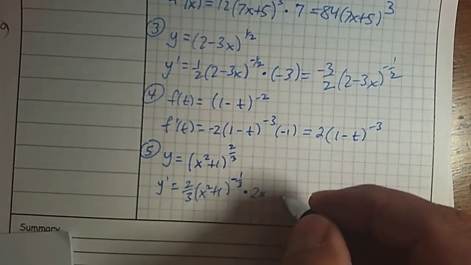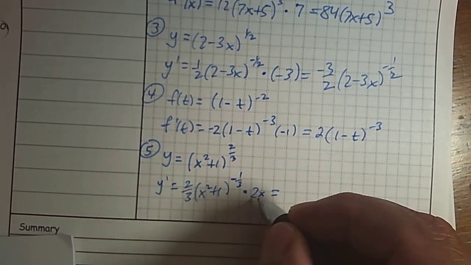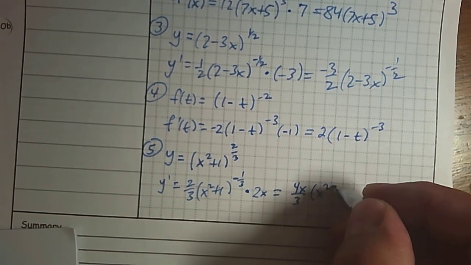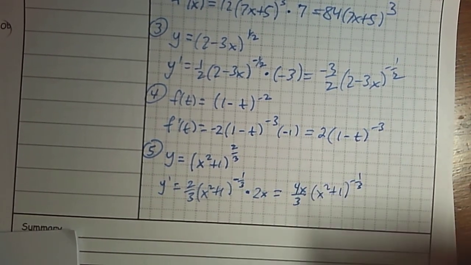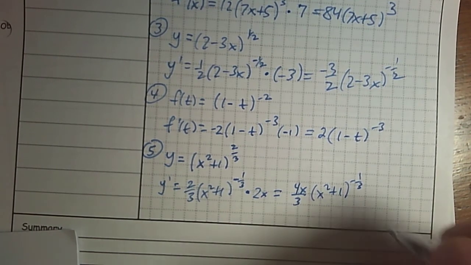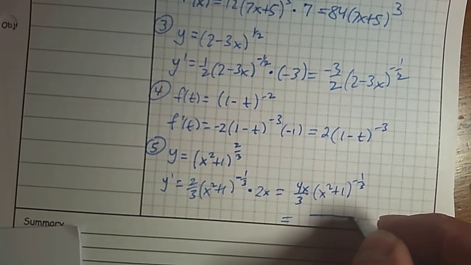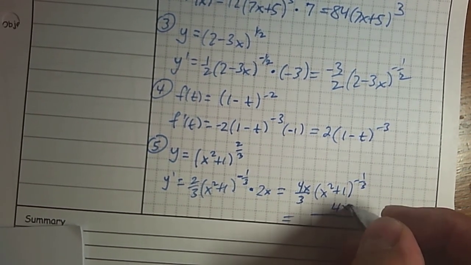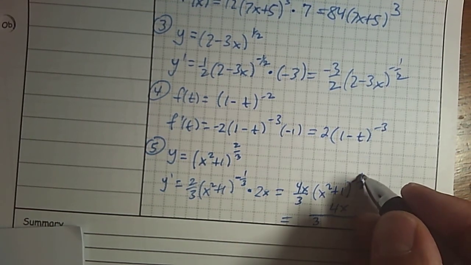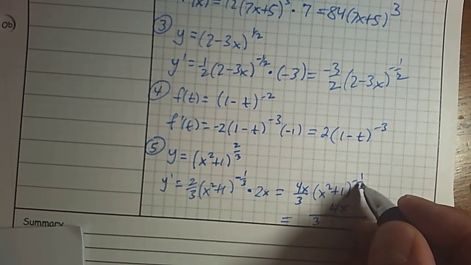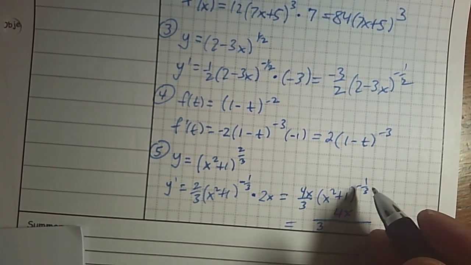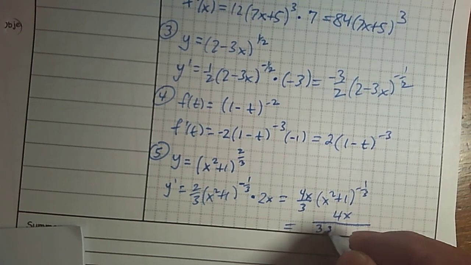Done. Now I could also write this as 2 times 2, which is 4x over 3, and I'm happy leaving it as to the exponent negative a third. Though you could write it as a fraction if you had to. As a fraction, 4x would be in the numerator, 3 in the denominator, and that negative 1/3, the negative means it's reciprocal, so it's in the denominator, and the 1/3 means cube root, so it's the cube root of